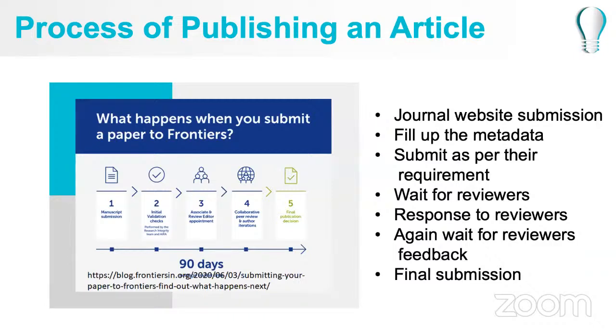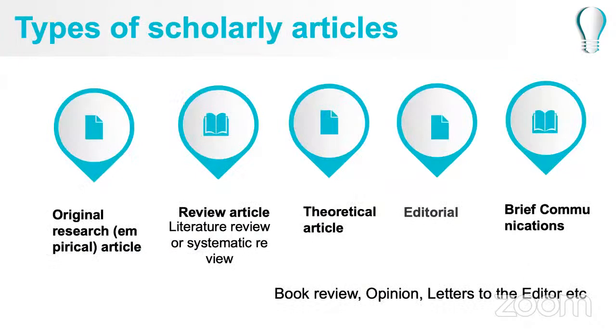Okay, so you have to ask for the further explanation, so that you can do, and then hopefully your article will get accepted. Okay, so these are the basic types of articles that are there. That is original research, then review article. Original research, as I said, will be a research based article. Then review article, literature review article, systematic review. Then you can say theoretical article, like maybe a Marxist theory or social science theory or something like that. Theoretical aspects can be written.